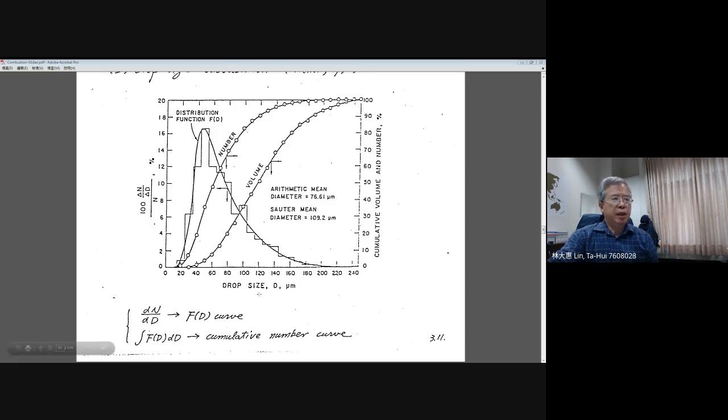If f(d) is the distribution function and you multiply by d cubed, that counts the total volume, and you will have the accumulated volume curve this way. Then they read here, for example, 140 microns. They tell you the droplets under 140 microns contain